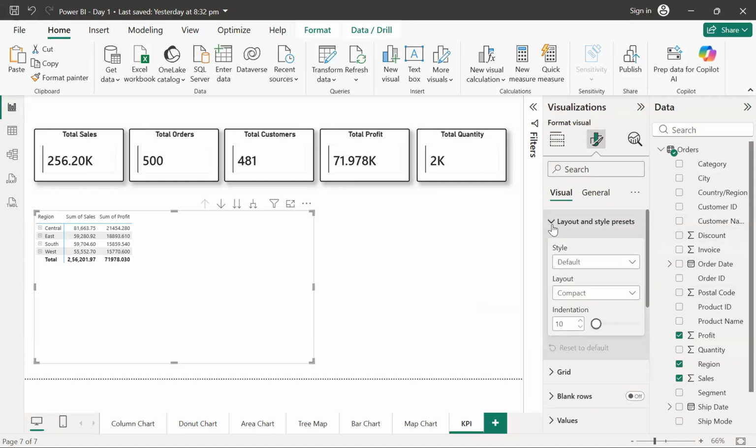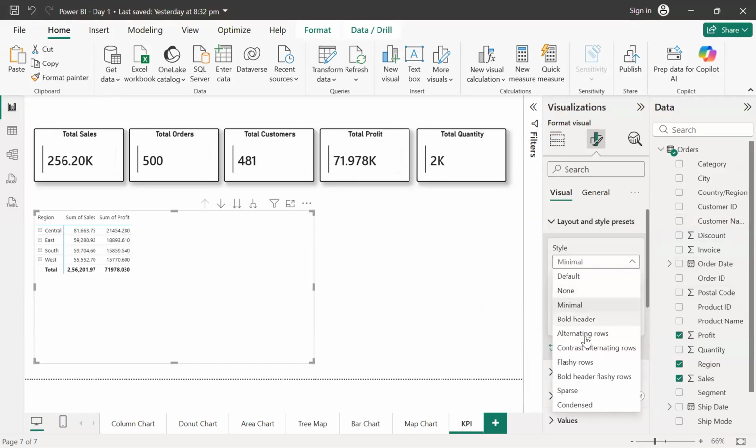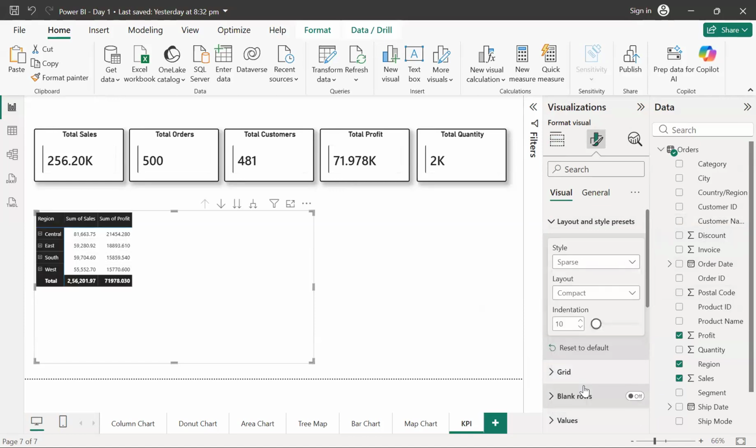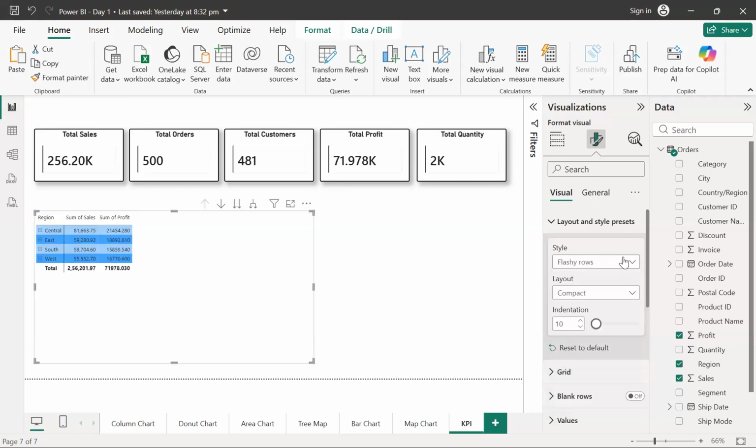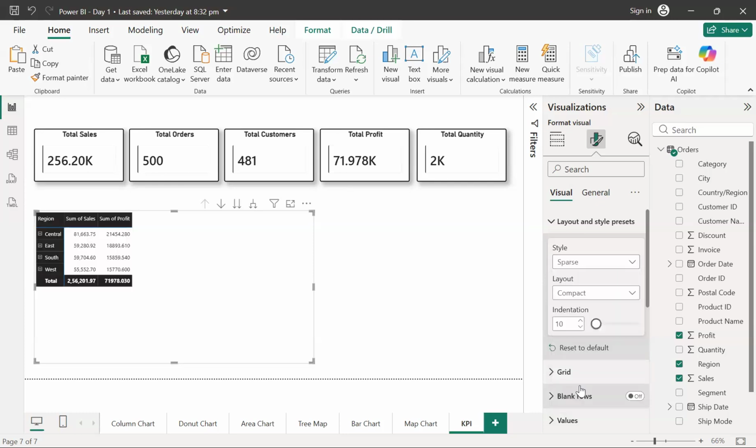So you can see here that there are a lot of options we have. Right now it's the default option which we selected. If I select the minimal, or let's say some other styling, you can actually try to select it, guys. I guess the sparse one is fine, because it's just trying to bold the top level options.